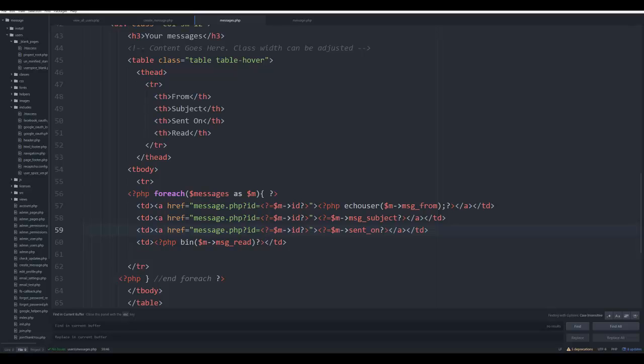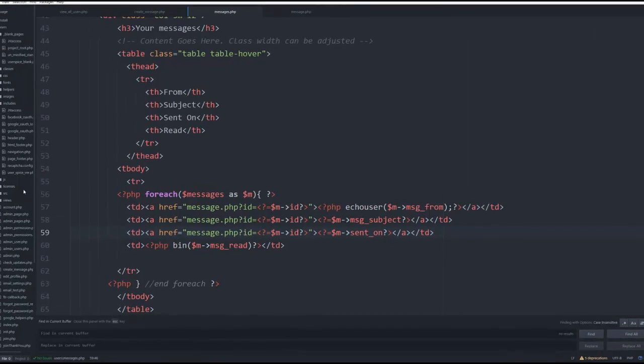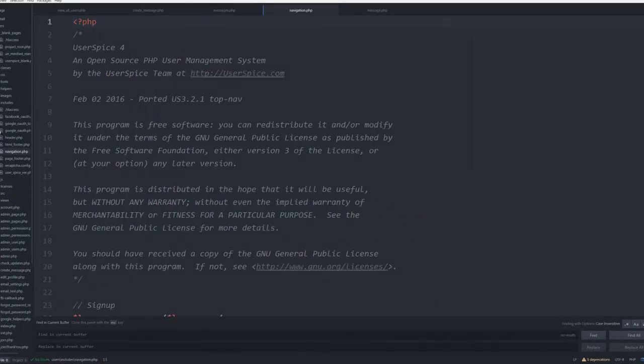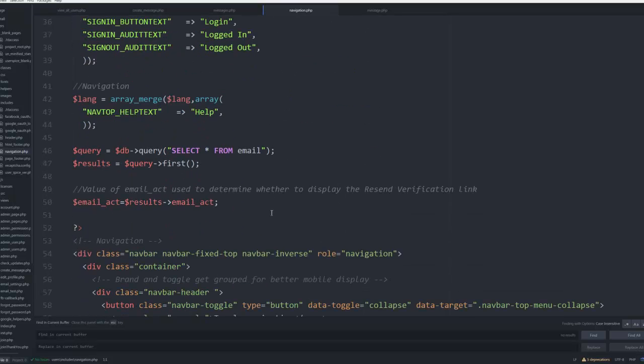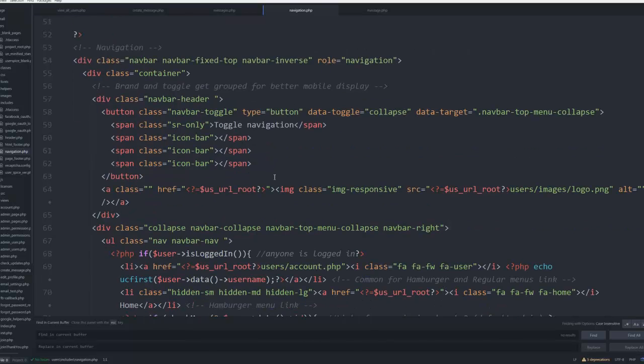Okay, so I think it'd be a great time to have a little icon or something like that that tells us if we have messages. So let's go ahead and go into navigation.php. If you are building a project on UserSpice, you don't want to edit our core files, but because I'm showing you how I'm adding this to UserSpice so that everyone can have it, I'm going to be editing our core